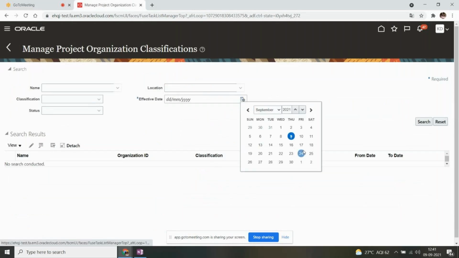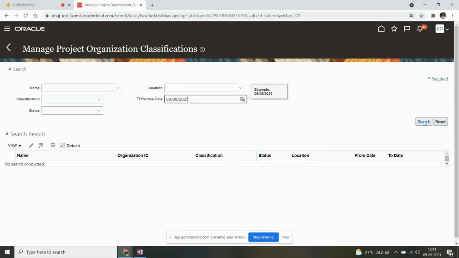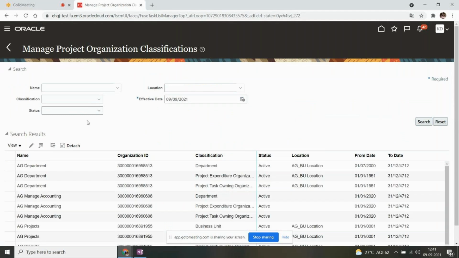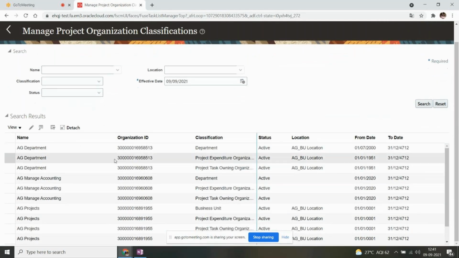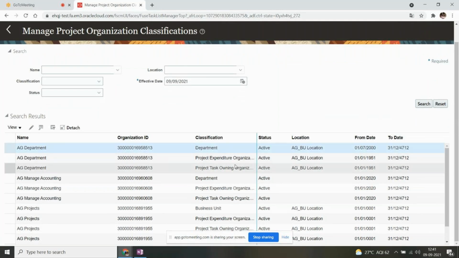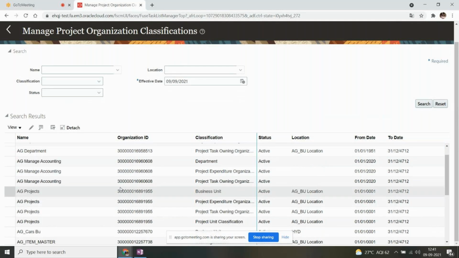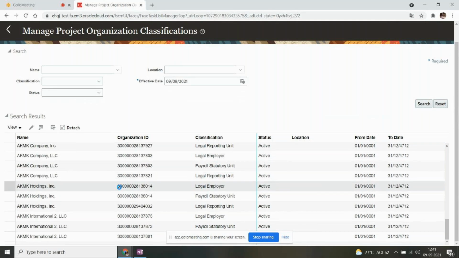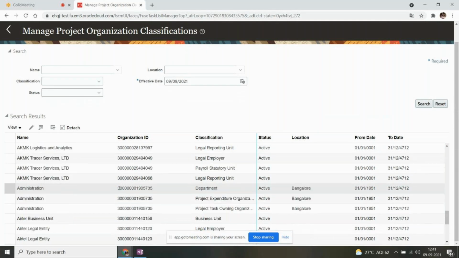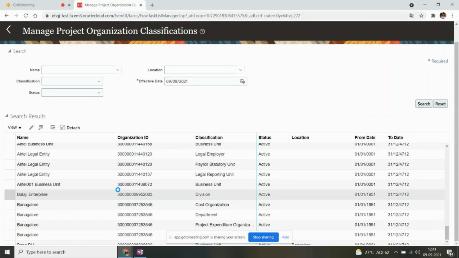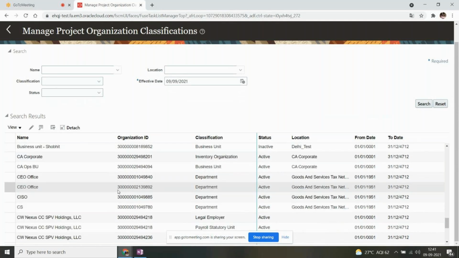Select the effective date. Search. So if you see here, this department is already classified as expenditure organization, task owning organization. So let's see if we are having any departments which are not classified yet. Okay, let's pick this one.